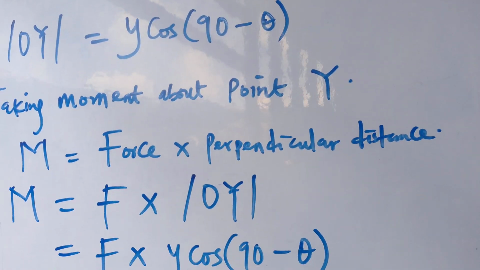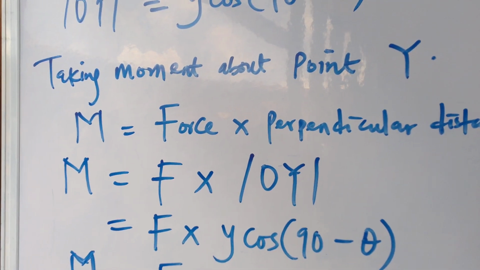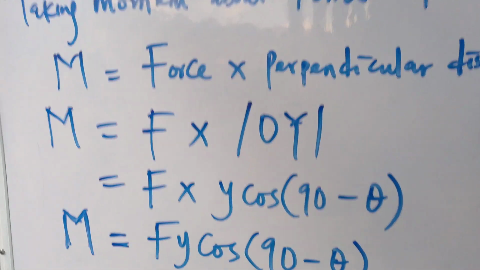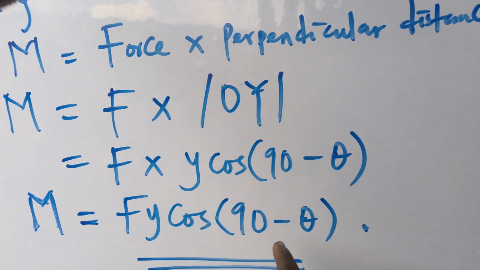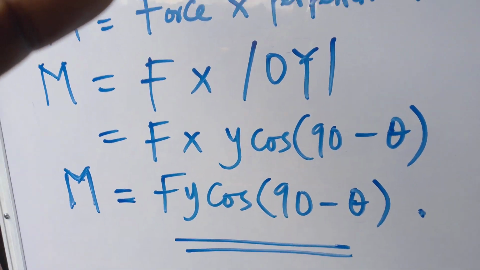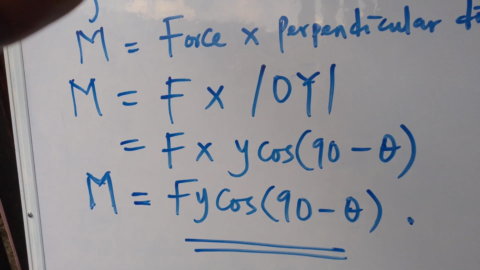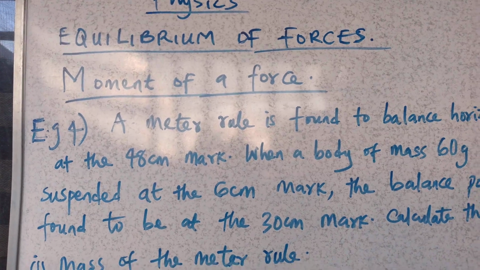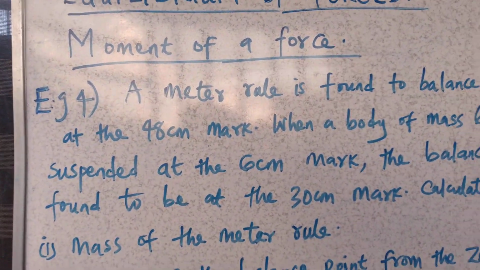Moment is force times perpendicular distance. That will be F times distance OY, and the value of OY is y cos(90 minus theta). So this will give me Fy cos(90 minus theta). That's my final answer. Alright, we are still on moment of a force, and the next question we have there